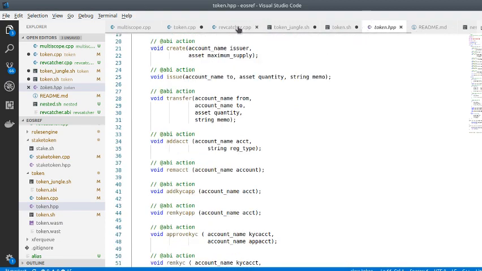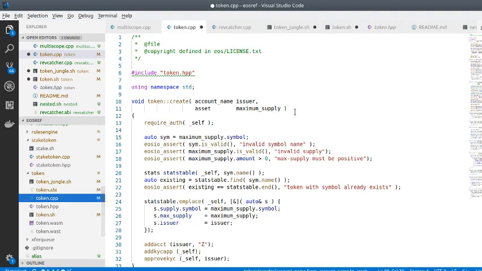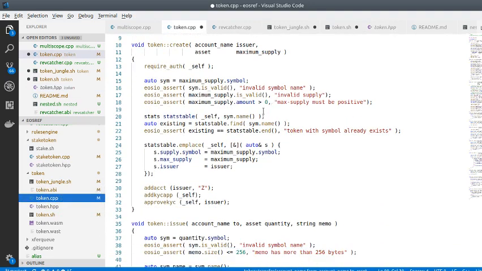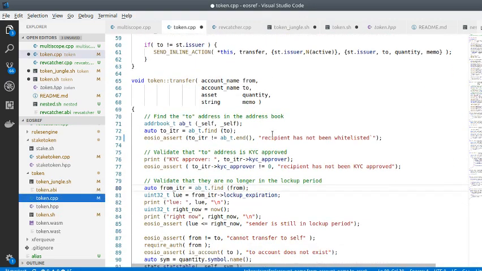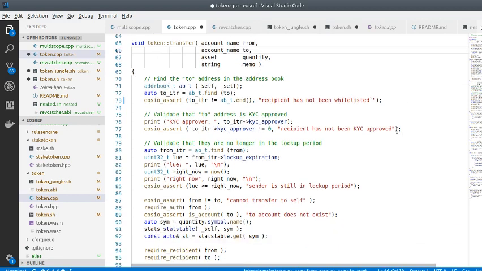So let me jump over to the implementation of some of these functions, and I'll put this to use pretty quickly. So I'll glance through this. I know it's probably pretty dry to look at this code here, but let's take a look at the transfer method. This is what transfers tokens from an account to another account, and it transfers this quantity with a simple memo field. So the first thing this does is it will open up the address book. It will look for the to account, and if it does not find the to account, it will assert out